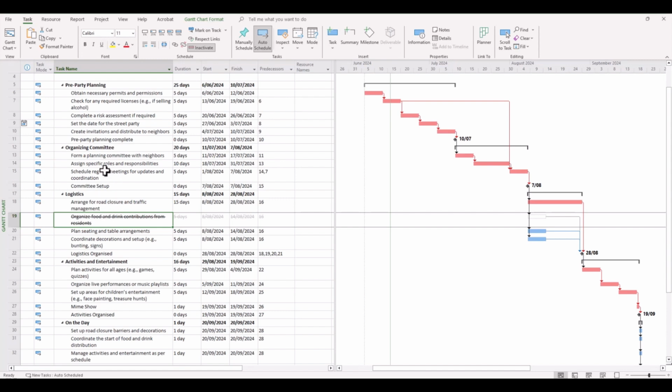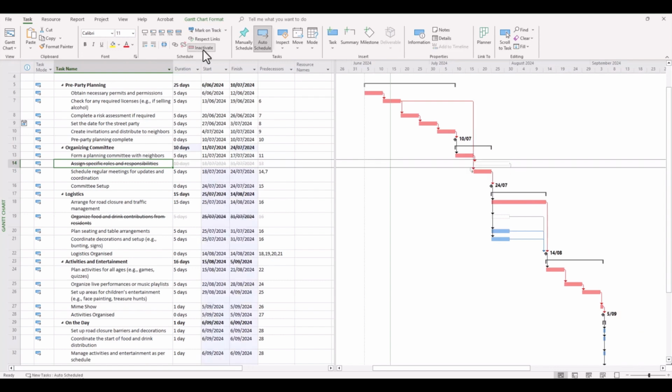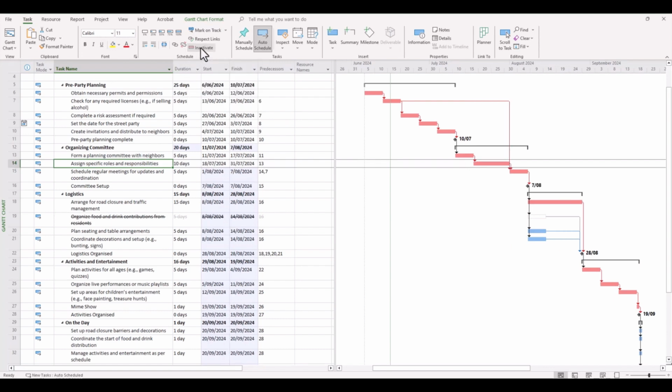But for example, if we realize that this particular activity here in row 14 was no longer required, and I click inactivate, all of a sudden the critical path is shortened because that extra step in the critical path is gone, but the information is retained should you need that later on down the track. So say for example, this assigned specific roles and responsibilities, it was removed, and now someone has decided to change their mind again and say that it's now required. Well, then you click the inactivate button again and it is reactivated.